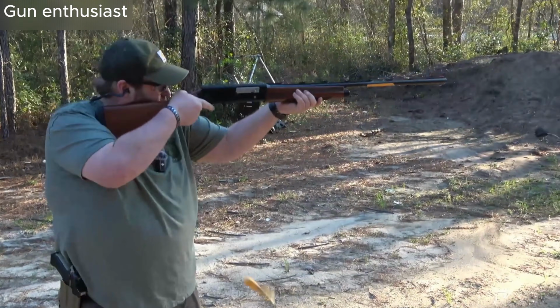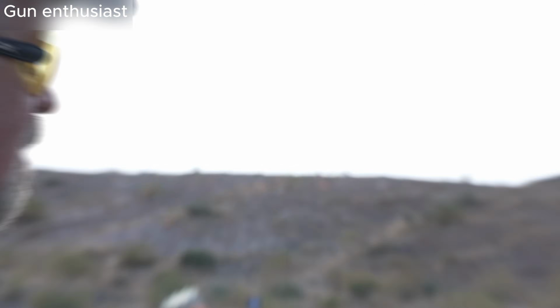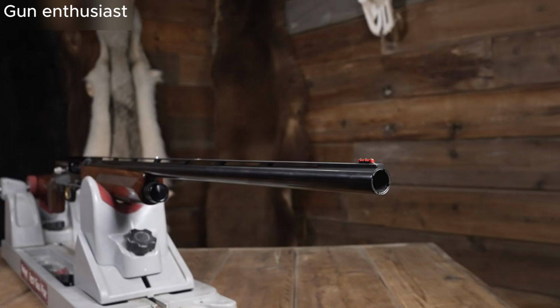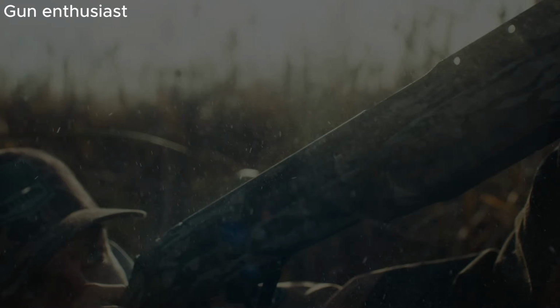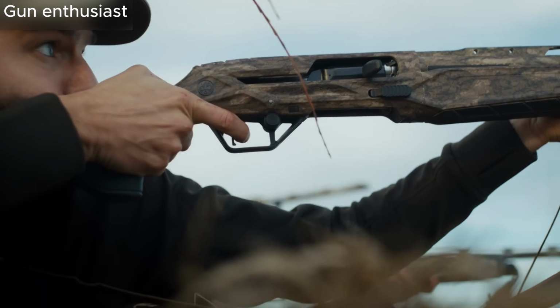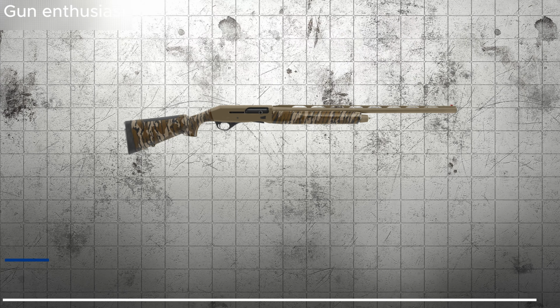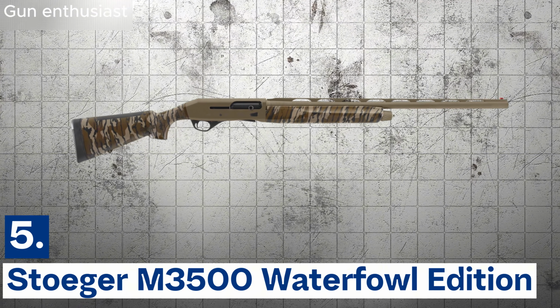We are seeing sub-gauges deliver the terminal performance of a Magnum and structural polymers doing things steel never could. I found an undisputed value king under $1,000 and a monster at number 1 that rewrites the laws of ballistics. Buckle up. Let's go. Starting off at number 5, we have the undisputed king of value, the Stoeger